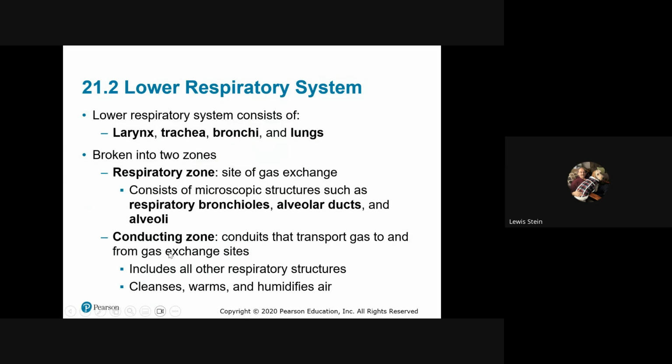And this becomes really important when we look at chronic obstructive diseases, which are such a big problem we have,